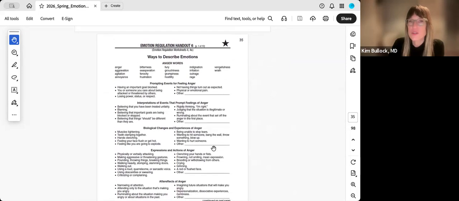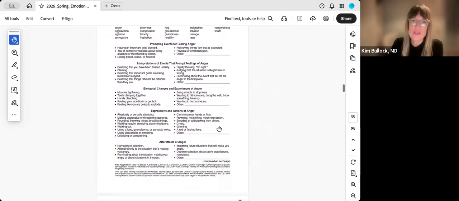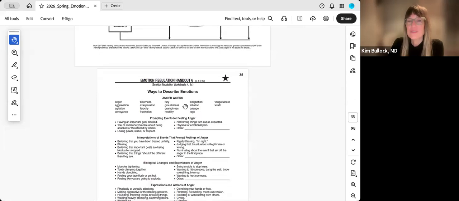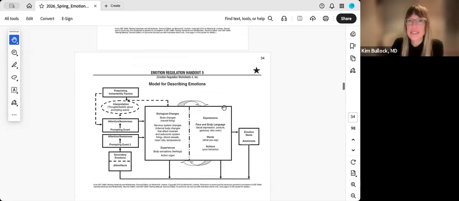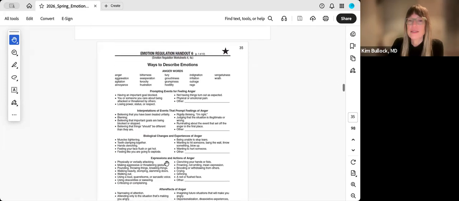And these are the universal emotions. So there's different words, there's different prompters. They give you different prompters, examples, interpretations, what the biological changes are, the expressions for anger, and the after effects. So this is kind of an encyclopedia of your emotions and how they fit into this model,